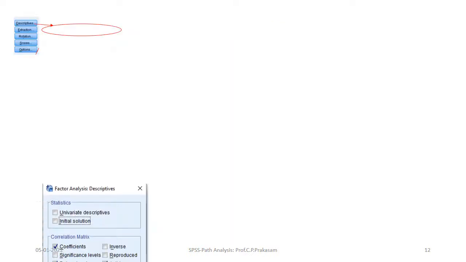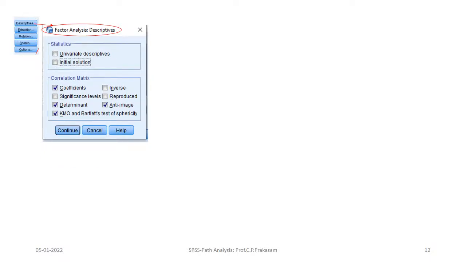Once you click Descriptive, you will get a sub editor, Factor Analysis: Descriptives. It is having a correlation matrix. Down below you can see the tick marks: Determinants, KMO and Bartlett's test of sphericity, and Anti-image. Why are we using this descriptive statistics?